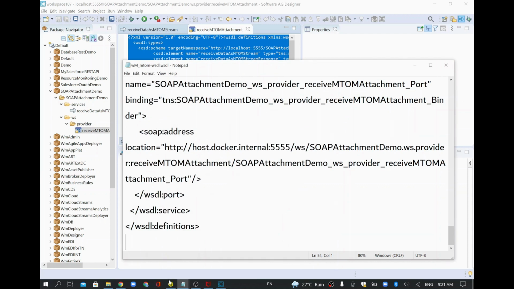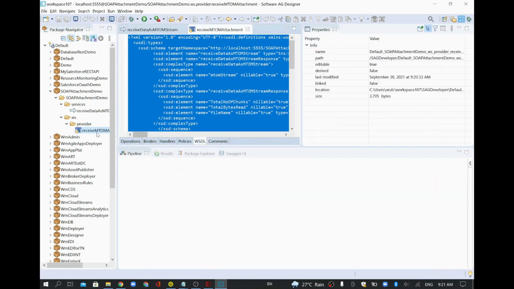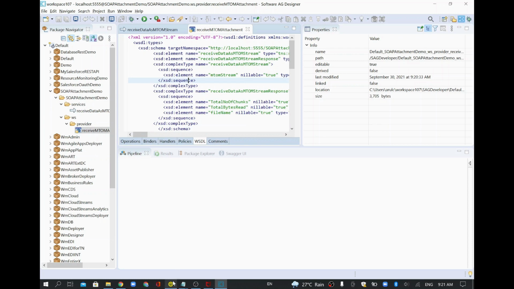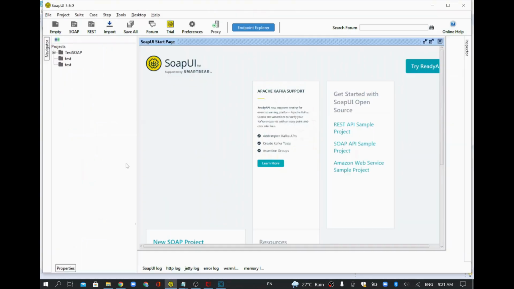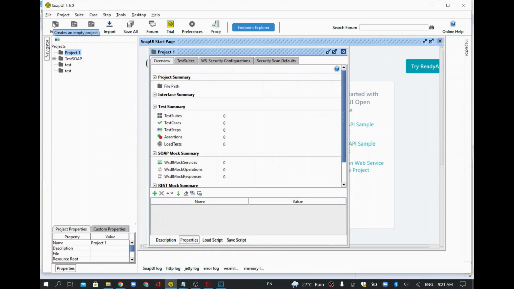So now this service I have as a web service here. So this web service I'm going to invoke. If anybody wants to consume our web service, then you have to share the WSDL with them. So in this exercise or demo, I'm going to consume this web service from SOAP UI. SOAP UI is a testing tool which we can use to test any web-based API. So I'm going to create a SOAP-based project in order to test that particular web service through attachment. Okay, I'll just close this one.